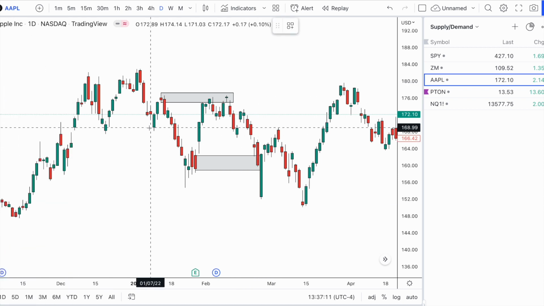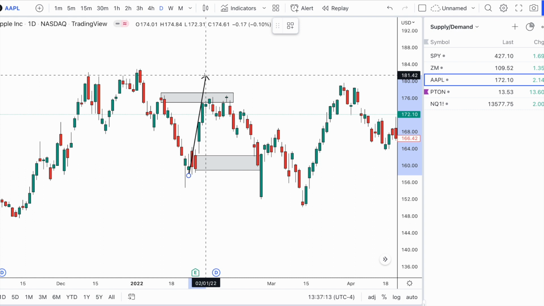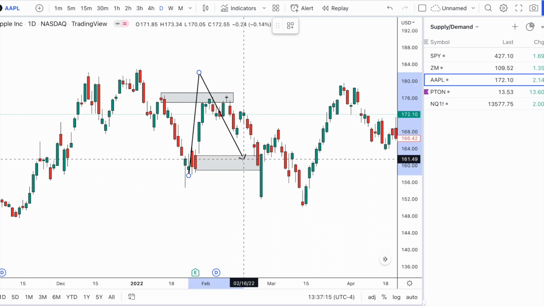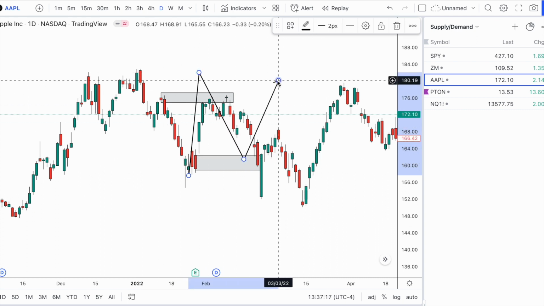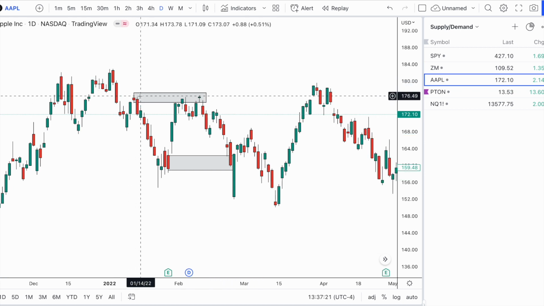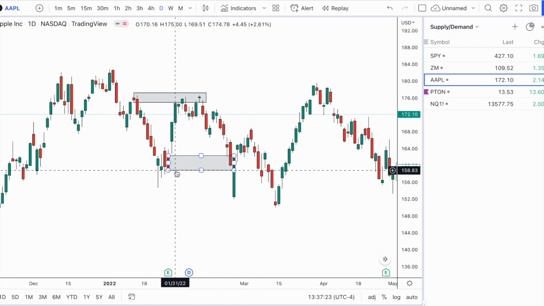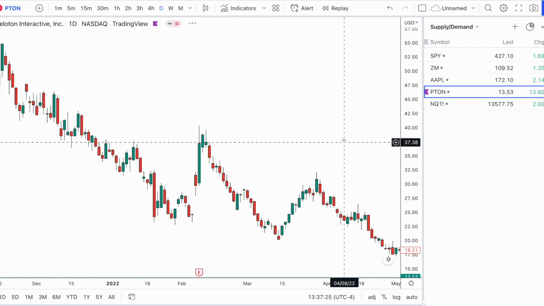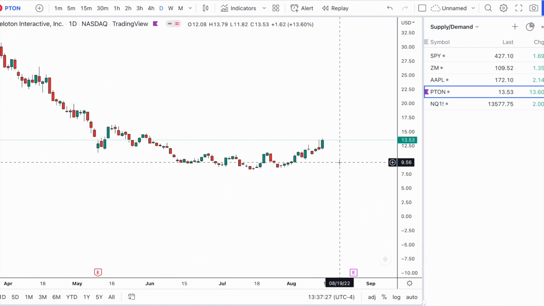If price were to do something like this, or went above that supply and then come back down, we probably would have seen a bounce, right? So that's something that I use. That's market structure, right? Price couldn't break supply. Sellers are in control, so you don't want to be buying demand. Let me show you the best example I can show you on PTON,